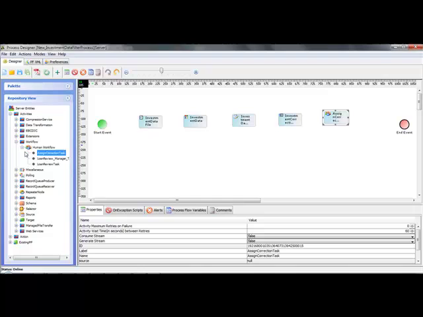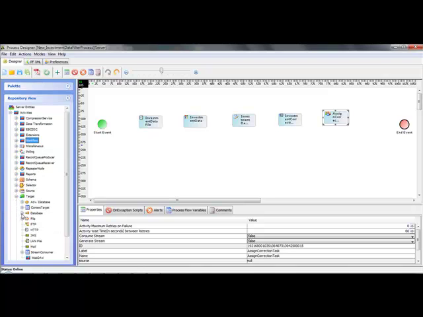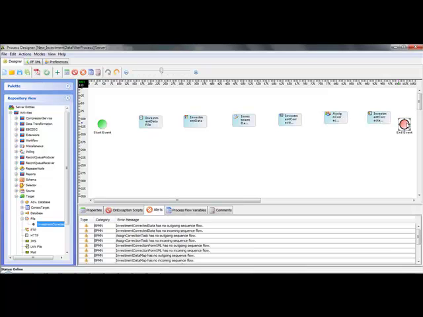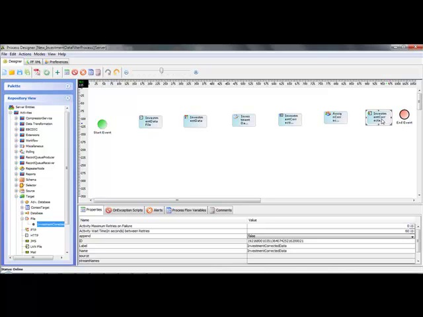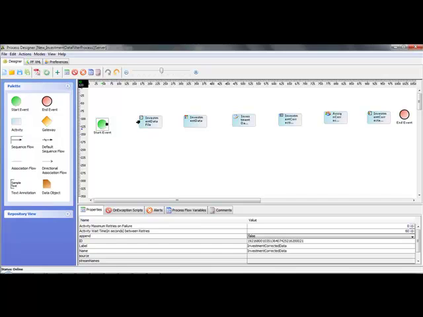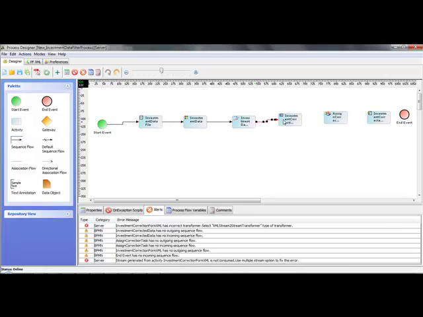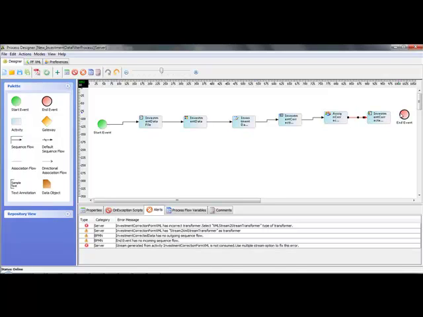And then the final thing that we will be doing is to place that output. Once the correction is done, we need to create that output into a file and drop it into a folder. So this could be any target that we can build. It could be a database, it could be anything else for that matter. We will simply connect all of these activities. And once the process is completed,